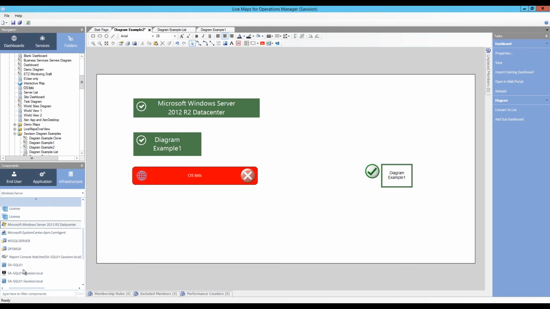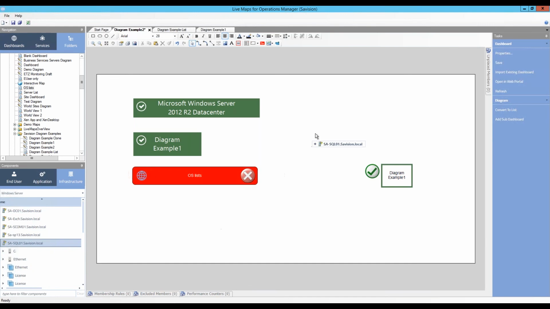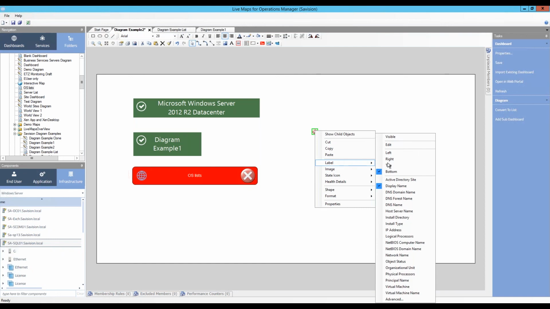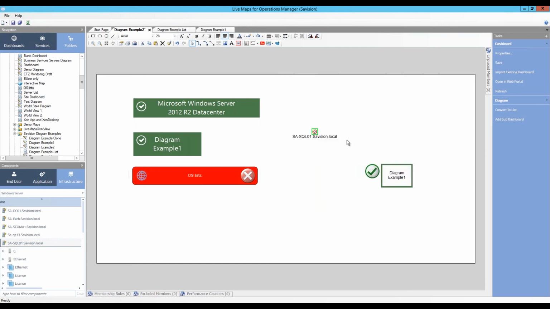He was changing the title of just a box. But Chris, if you can grab a computer or an object across Windows Server, for example, or something like that. In fact, Windows Server would be a great idea. Yeah, so you have this ability. If you show the label, that's where I'm going for. Yeah. So you have this ability in lists as well, but within a diagram, you have an even easier way to just show